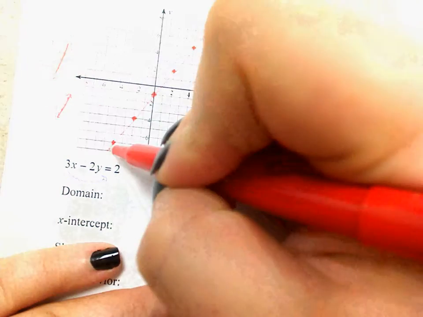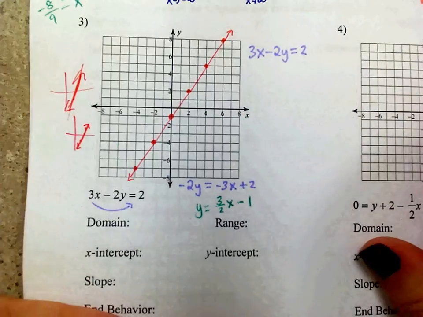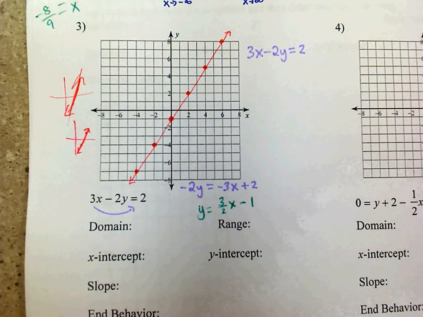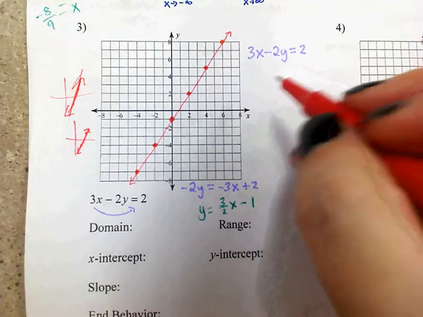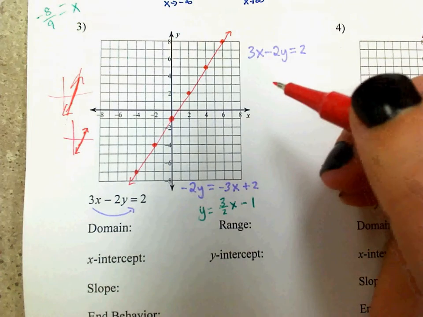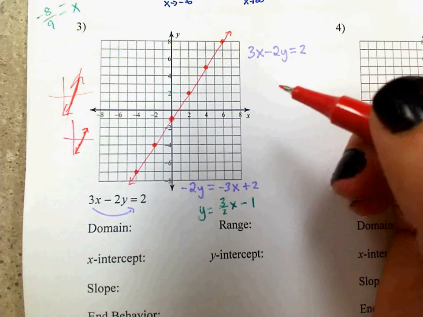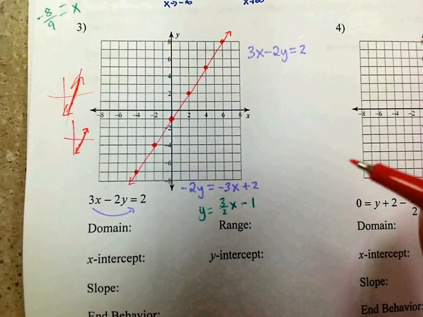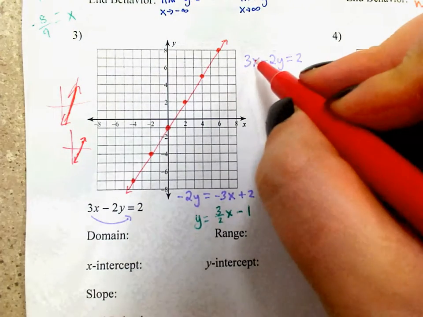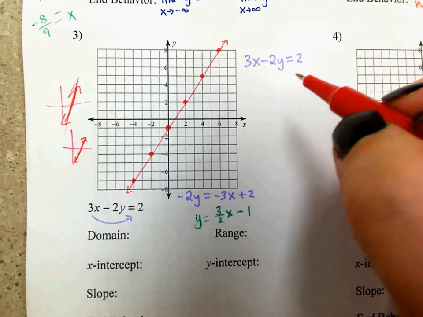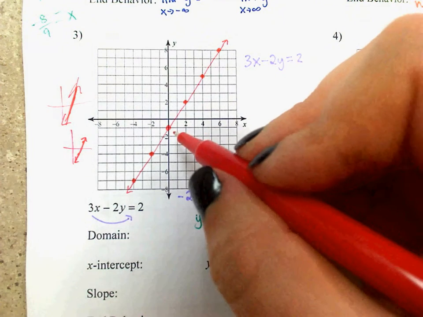Okay? So, for domain, oh, I was going to show you another way. The other way to do this doesn't really help you always as far as finding the exact points, but it is a way to graph. If I have 3x minus 2y, I can think about the two intercepts. So I know that you cross the y-axis when x equals 0, right? So if x were to equal 0,